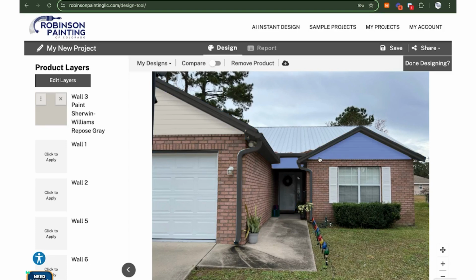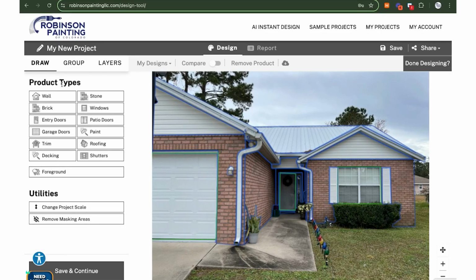It's got several areas highlighted for trim, and sometimes that might not be what you'd want to do. For instance, some people would like to paint these downspouts the same color as the wall behind them, or a different color than they want the soffits and fascias and the gutters painted. So what you would do in that situation is you would go to Edit Layers,